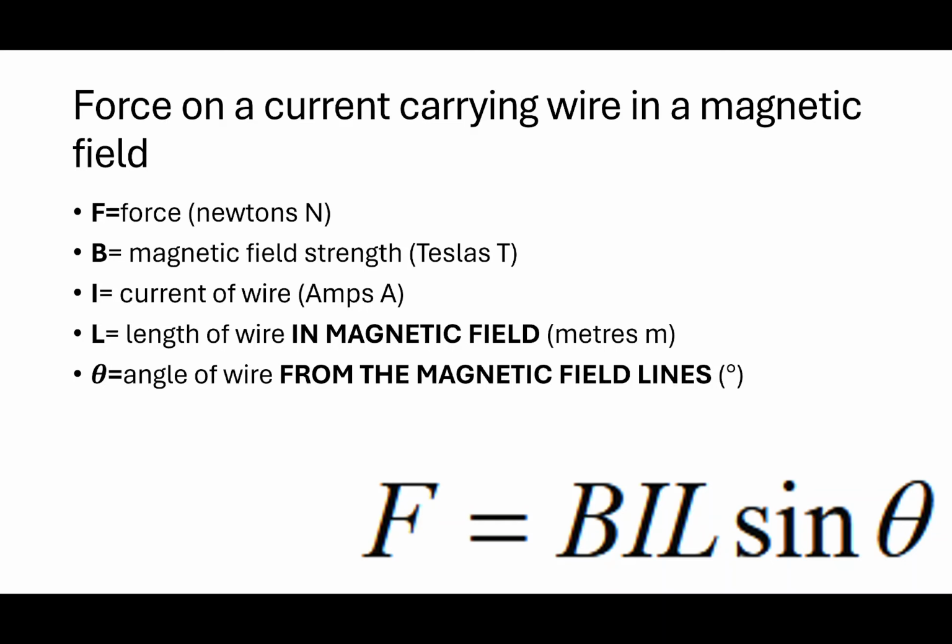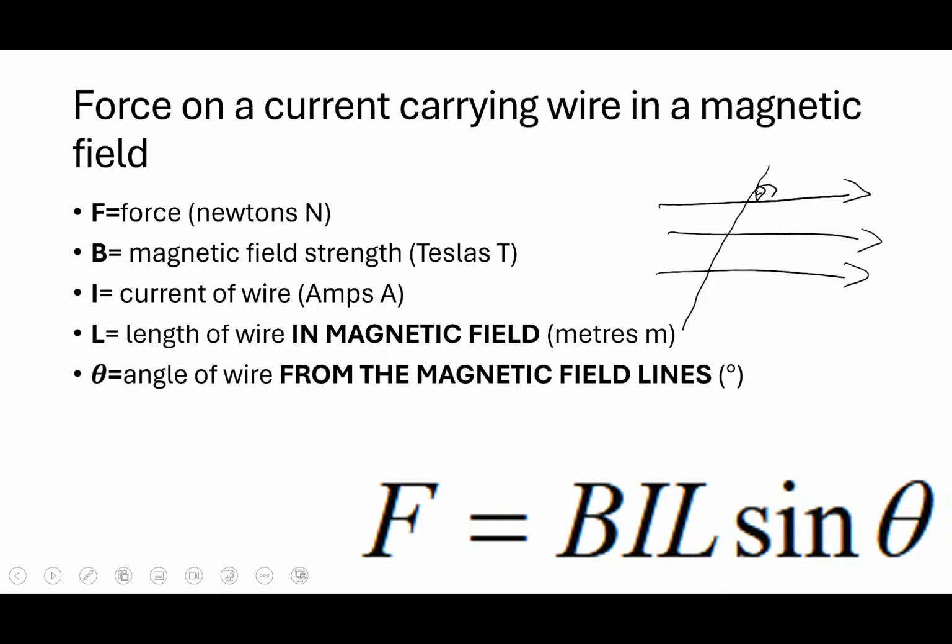So if you had a magnetic field and you had a wire, the angle would be of the wire from the magnetic field lines. Then the direction of force is given by the right-hand slap rule. So if your current was going that way in the wire,